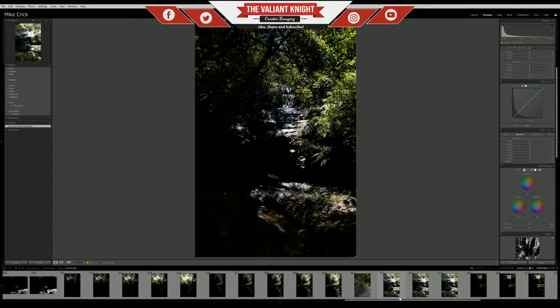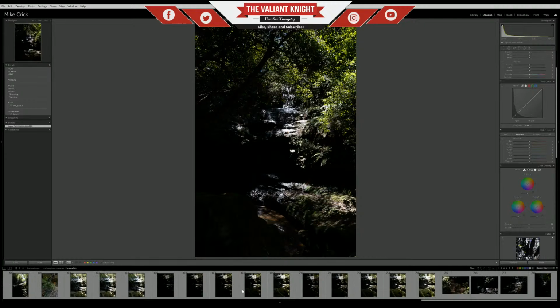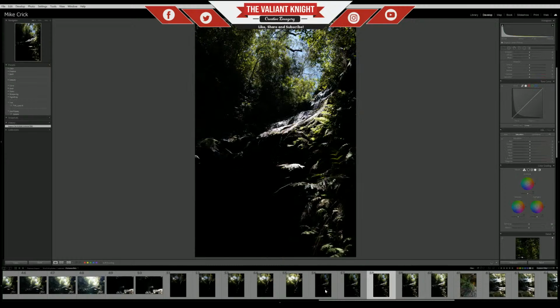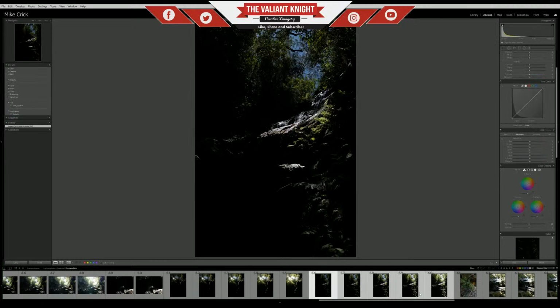So I'll quickly show you what you can do. So if you've got 5 bracket exposures, you can select all the images, okay? And you can do stacking, where you can group them together, obviously, but what you really want to do is a photo merge, okay? And there's different options, HDR, panorama, and HDR panorama, and HDR is the one we want to go with here. Now, Lightroom will do some calculations for you to figure out, it'll try to merge these different images together. It'll look at all the images, it'll also auto align, as you can see there,